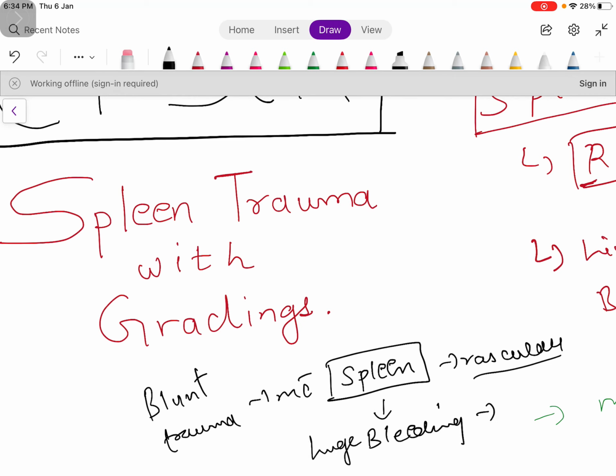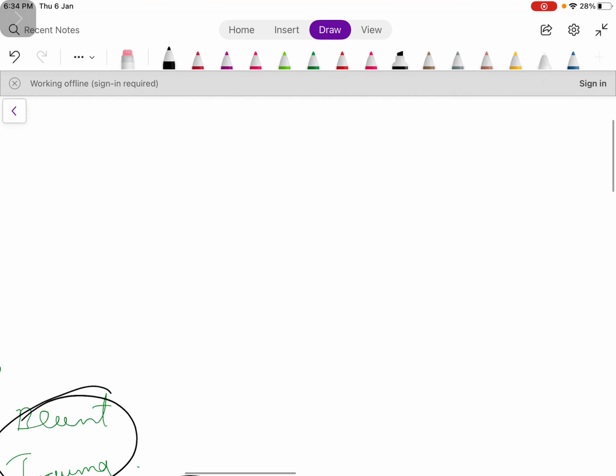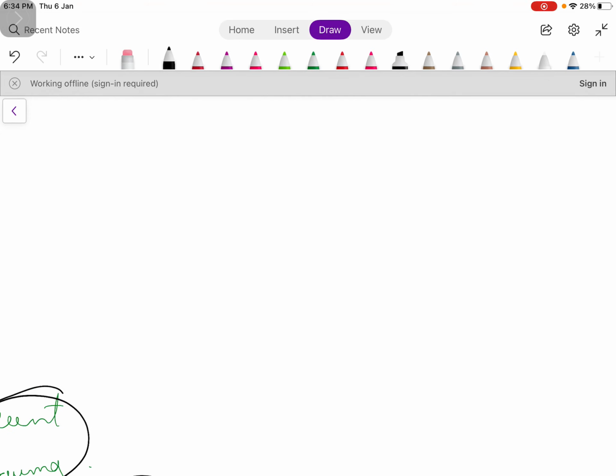and the patient can die on the spot, before reaching the hospital, if the injury is very severe. So this is that critical, and we follow various criteria of investigation in a patient of blunt trauma. Though from outside the patient seems normal, inside there is a huge pathology going on.